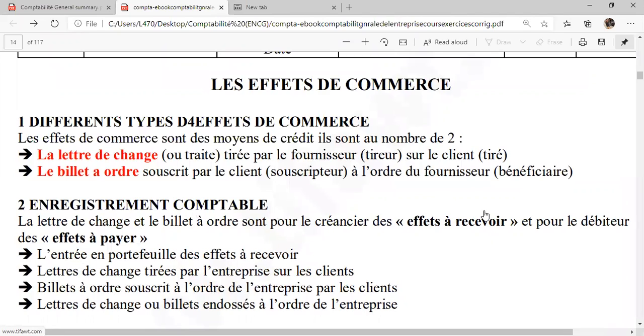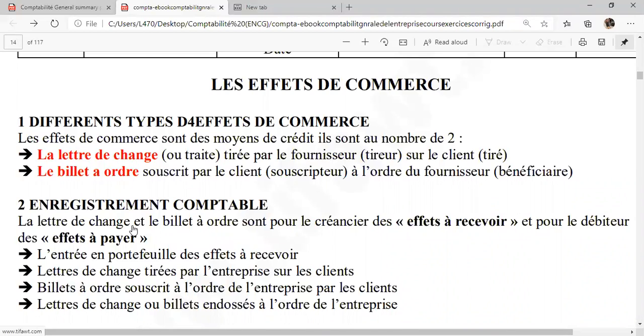So this effet à recevoir is in the case where it's to the fournisseur. Effet à recevoir means the fournisseur has received a payment. Then effet à payer means it's from the perspective of the client. So it means the client has given out a payment. So here, the contrepartie de ça,